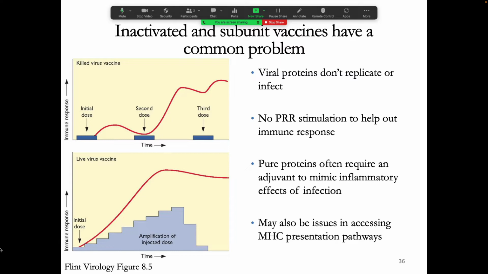Basically, you're giving something to the adaptive immune response, and you gave nothing to the innate to help turn on a good adaptive response. Whereas with the live microbe, you've got innate responses and adaptive responses because you've got plenty of PAMPs. And so often, we have to add some additional ingredients